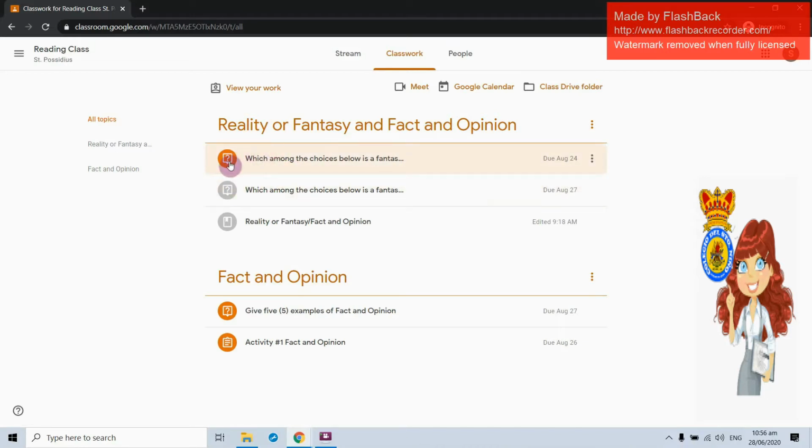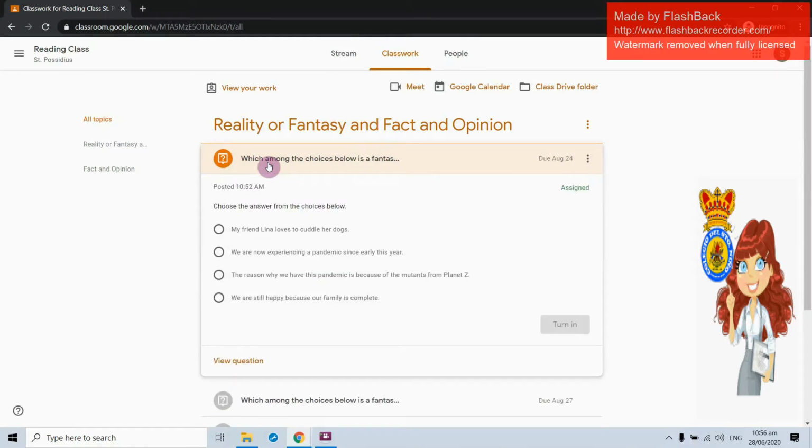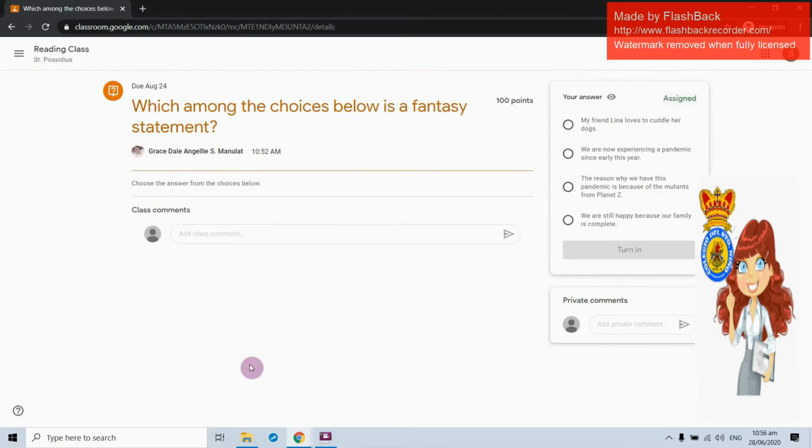The first type of assignment that you might end up coming across is a question assignment. Now, in order to access your assignment, what you need to do is click on the title, and it will expand your view to be able to see more details. Then, what you'll want to do is click on View Question,